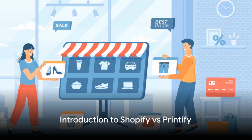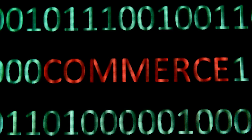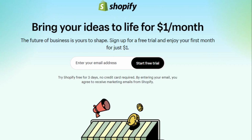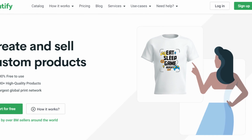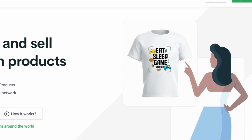In the e-commerce world, two giants stand tall, Shopify and Printify. But which one reigns supreme? Let's put them head-to-head. Shopify, a renowned all-in-one commerce platform, and Printify, a print-on-demand marketplace, have both made significant strides